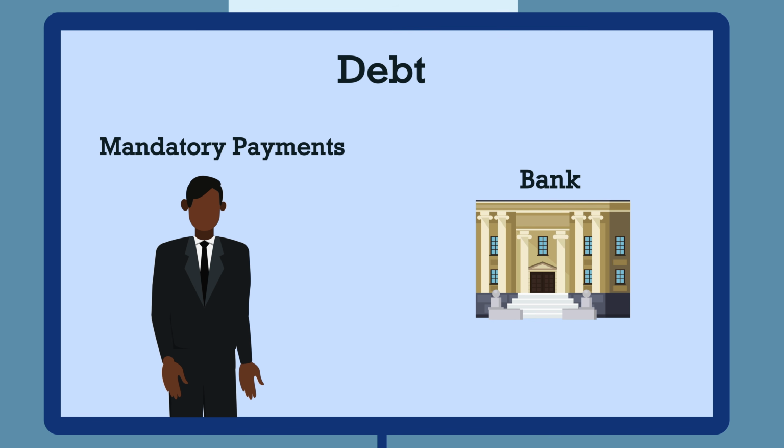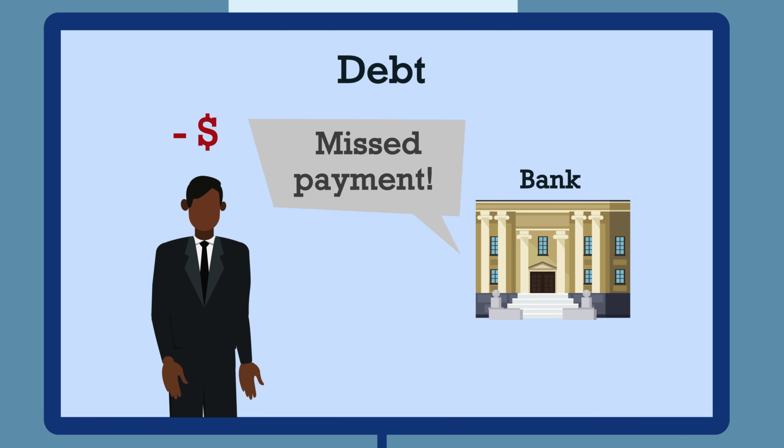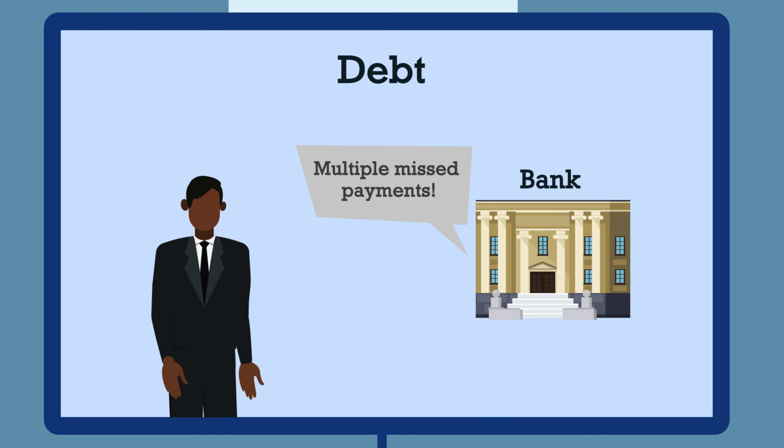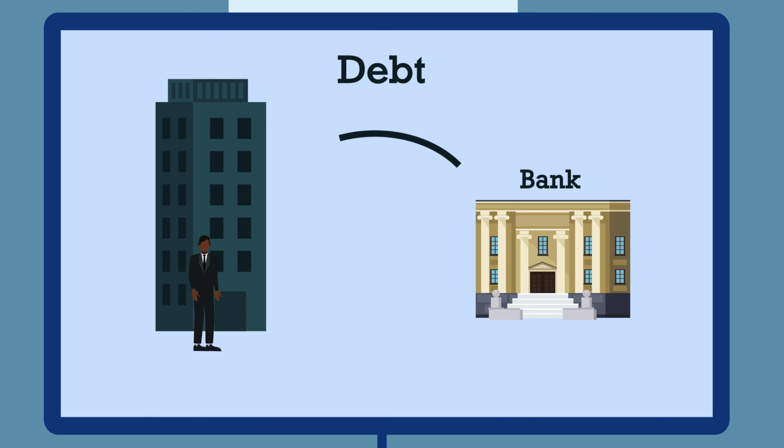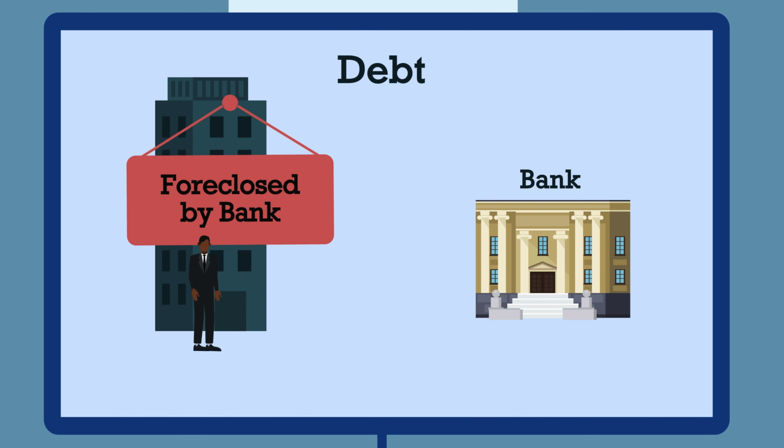If you don't make payments every month, you get penalties, you get interest, and moreover, if you don't make your payments for too many months, especially if you have collateral, meaning that there is some object that the bank can take if you don't make your payments, in this case, the business, the bank could potentially foreclose the business and take it if you don't pay back the bank on a regular schedule.